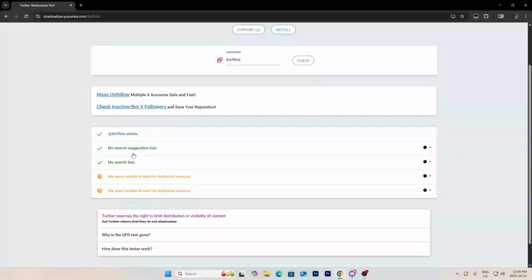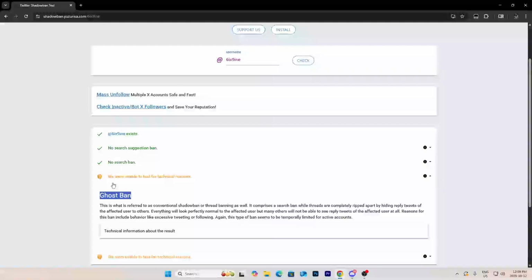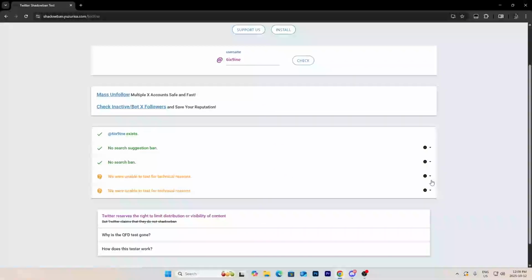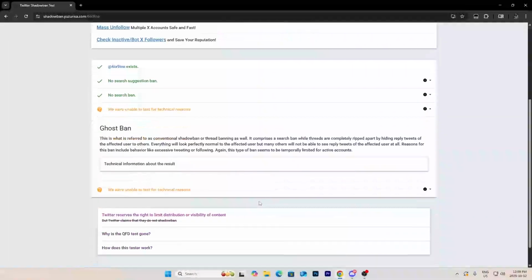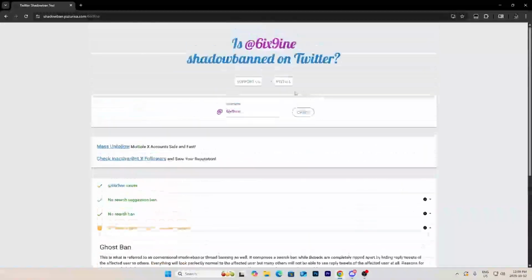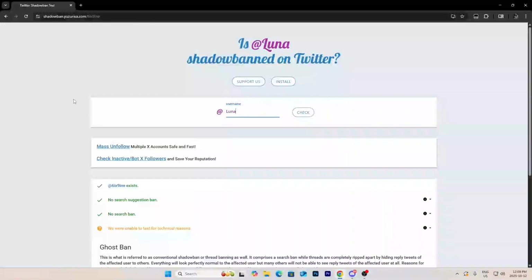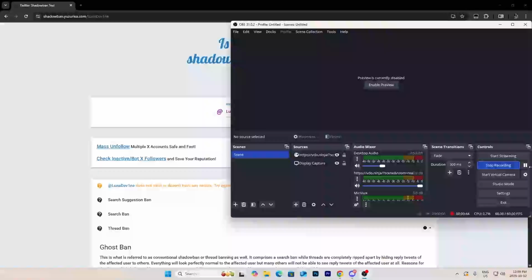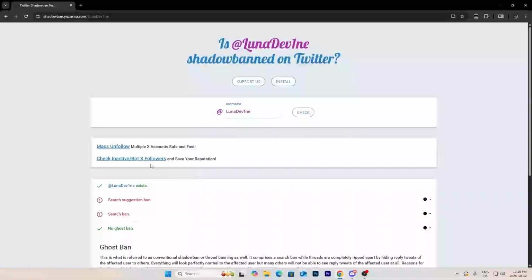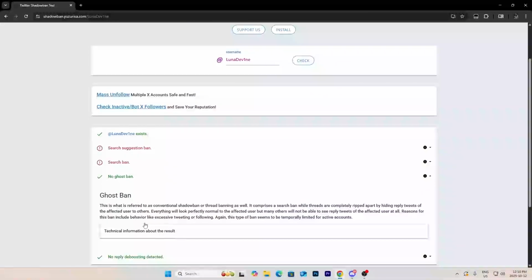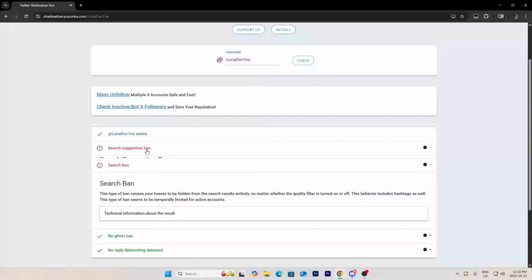As you can see, it says no search ban, no search suggestion ban. It says ghost ban. Sometimes it can't check if you're ghost banned, and it's gonna say this. We can do another account right here. As you see, this account says no ghost ban, but I do have a search ban and a search